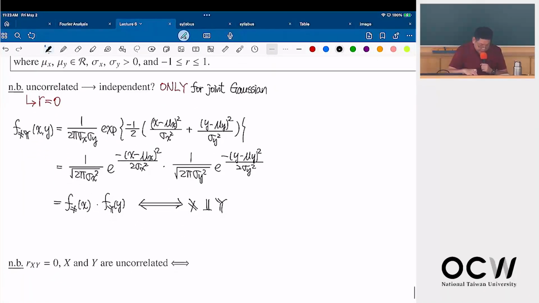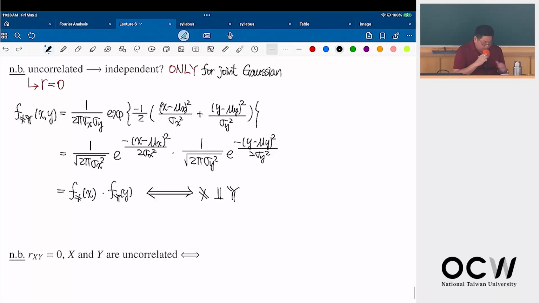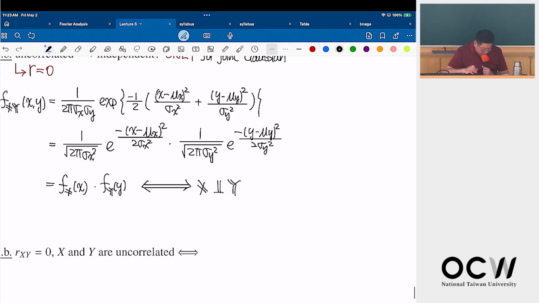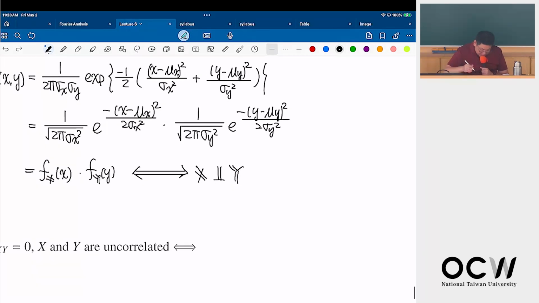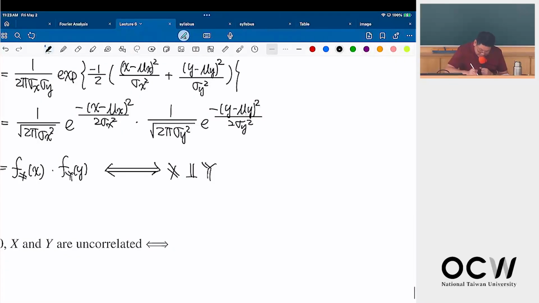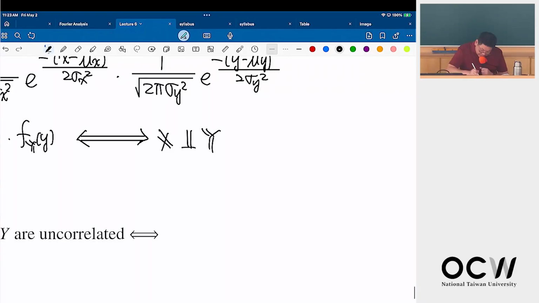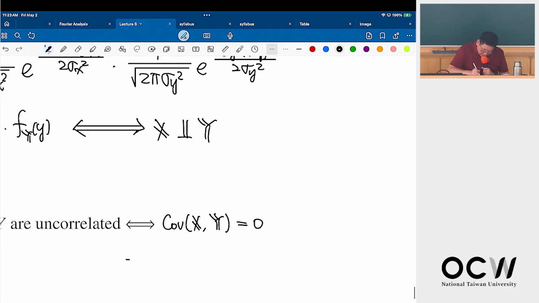So for others, when this correlation coefficient is zero, uncorrelated, okay, if X and Y are uncorrelated, that means the covariance is 0. And also that means